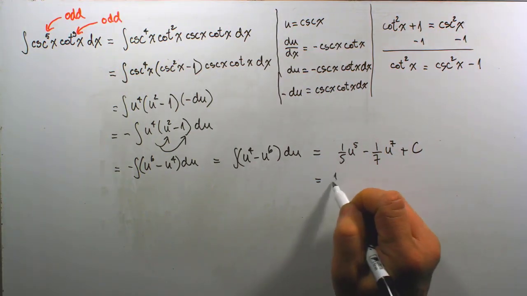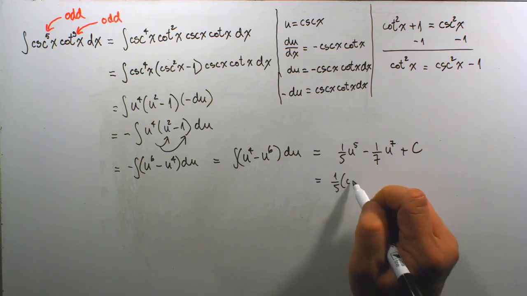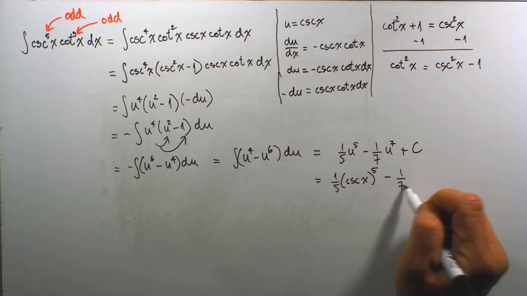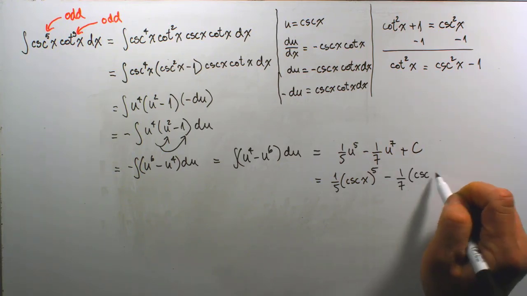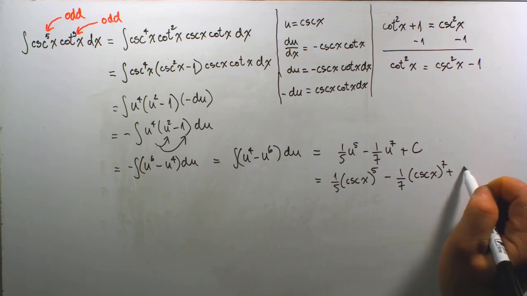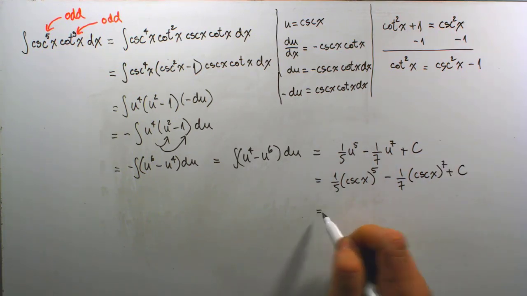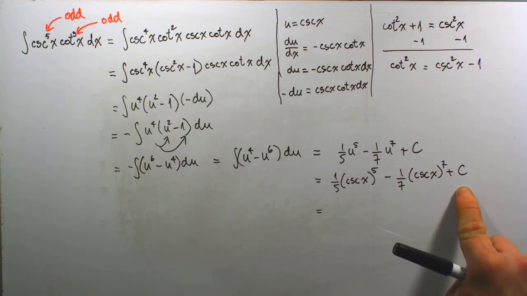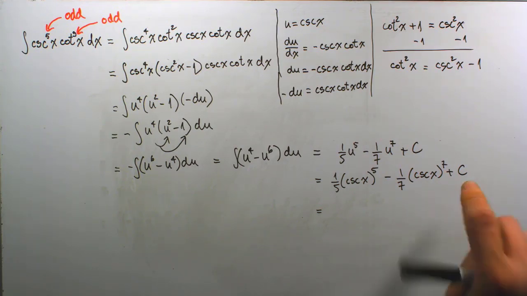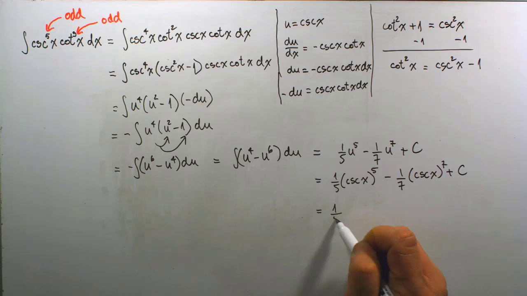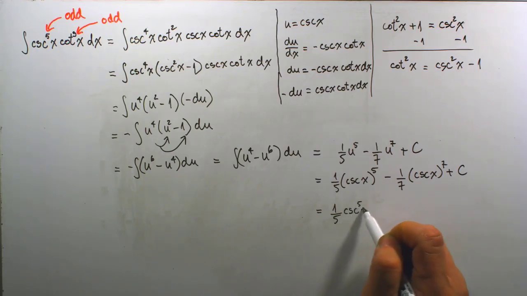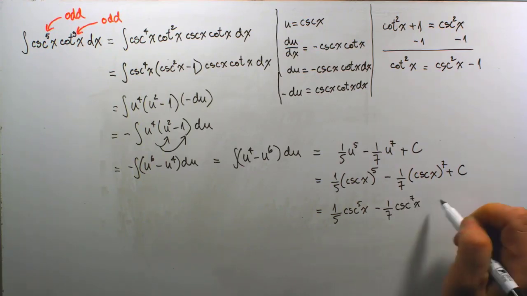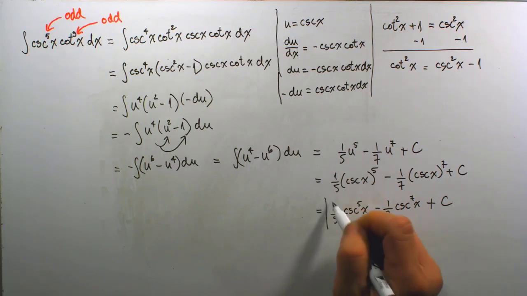So we're looking at 1/5 times cosecant of x to the fifth power minus 1/7 times, in parentheses, cosecant of x to the 7th plus c. And further, by the way, this is already the end of the work right here, and that can be considered as our final answer. But a little more conventionally, we can write it as 1/5 cosecant to the fifth of x minus 1/7 cosecant to the 7th of x plus c. And that is how we have gotten our